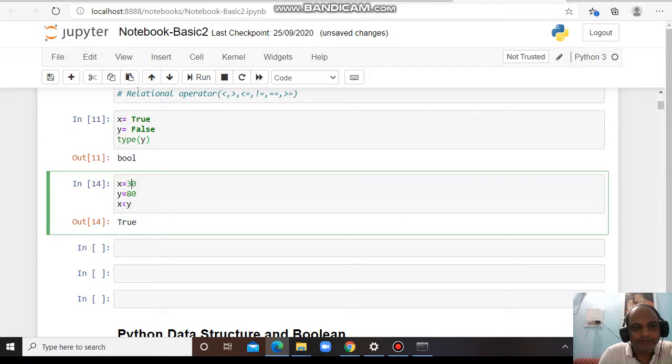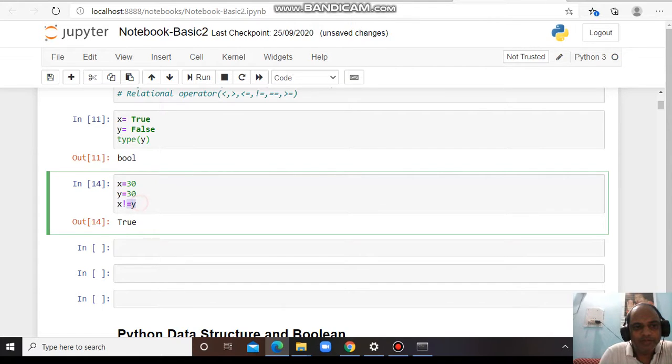Similarly, there is not equal to. Suppose x is equal to 30 and y is equal to 30, and I compare x with y using the not equal to operator. It will give the output false, because x is equal to y.